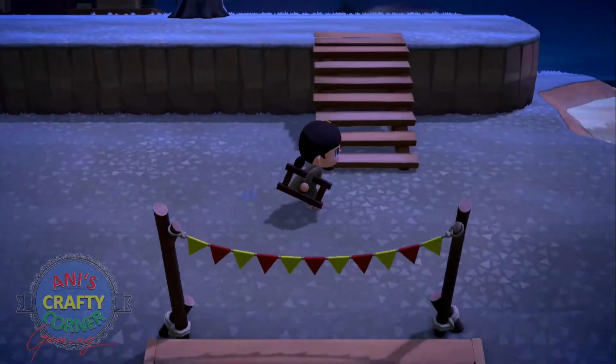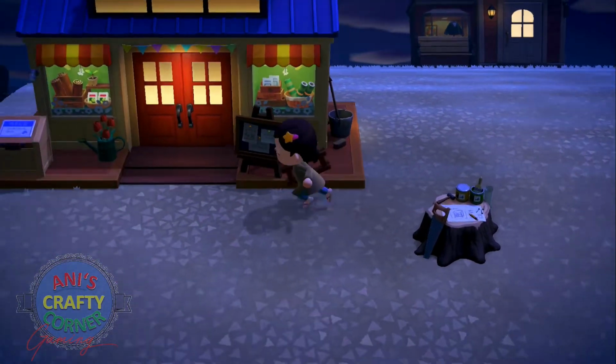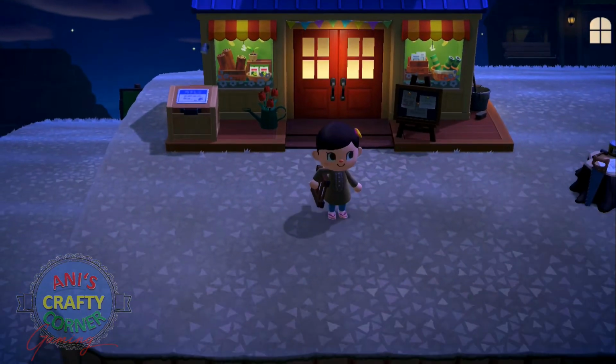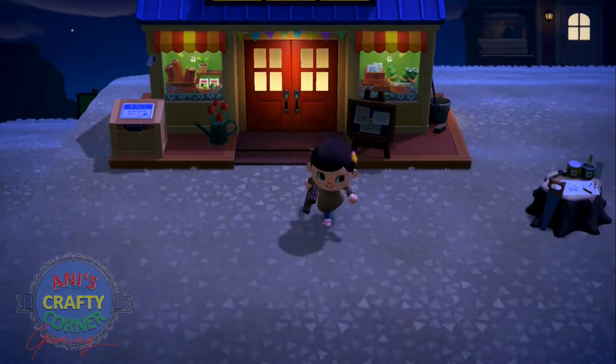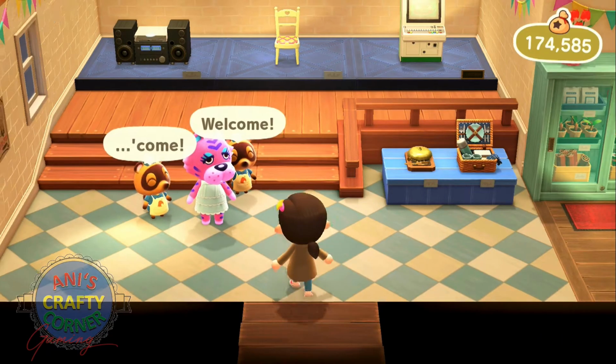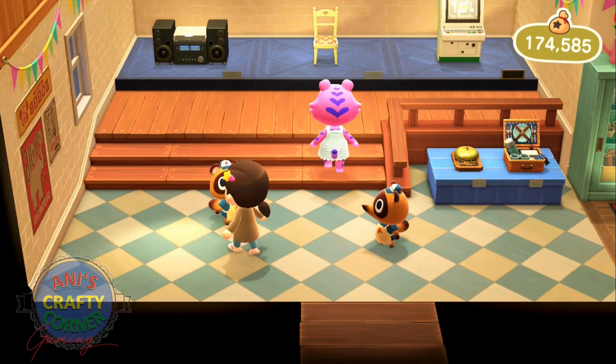And this is the cliff where all the shops are. So we have Nook's Cranny, which looks different. Oh yeah, all the winter stuff is gone. Now it's all summer. Let's see what's inside, because I'm wondering if there's going to be seasonal stuff. So let's just see. I hope there is, because that would be cool. Oh wow, it looks like she's part of the staff. Okay,